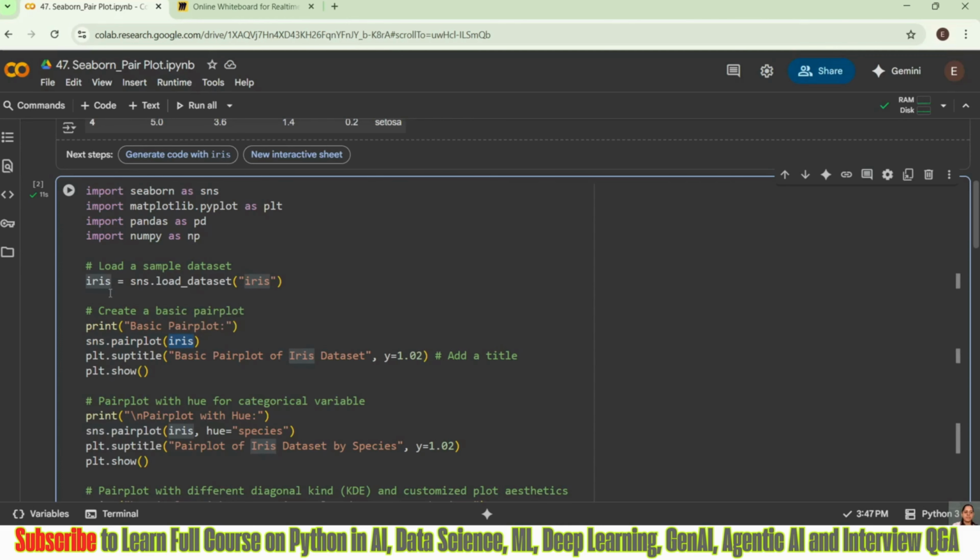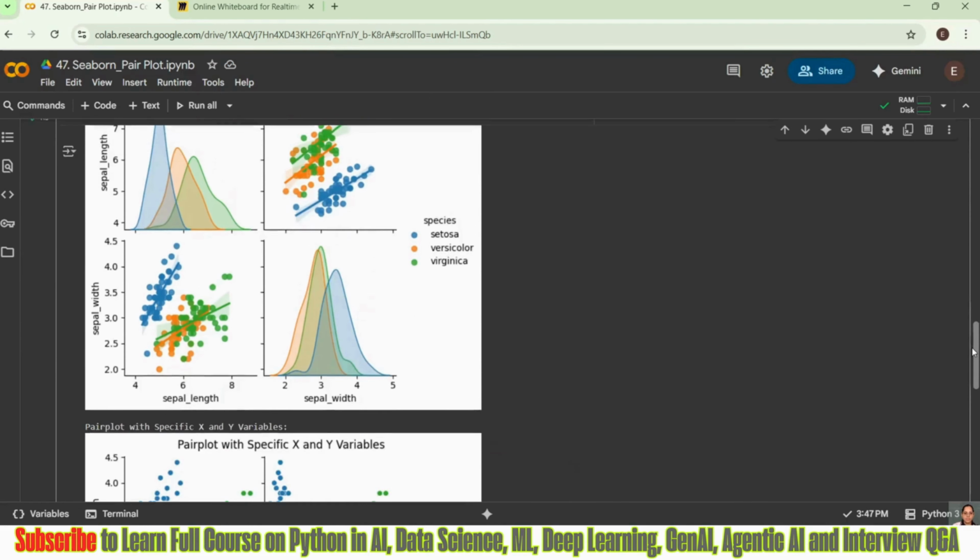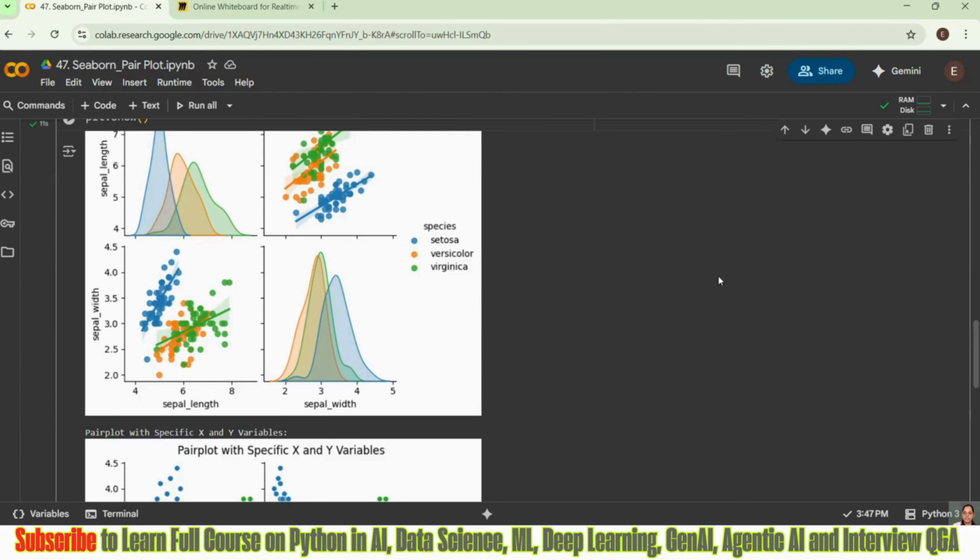Here my data frame is iris, so I am directly giving iris as input. Then plt.suptitle, basic pair plot for iris dataset, y equal to 1.2, and plt.show. If I do this, see what I'm getting here. Let us see that.